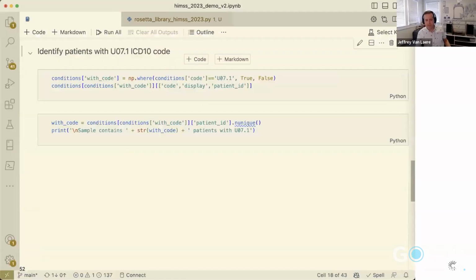Yeah. So real quick question from the audience: what systems or APIs are you hitting to transform the data into FHIR R4? So here we're actually using CareEvolution's Rosetta terminology API. It's part of our Orchestrate platform. There are others out there.